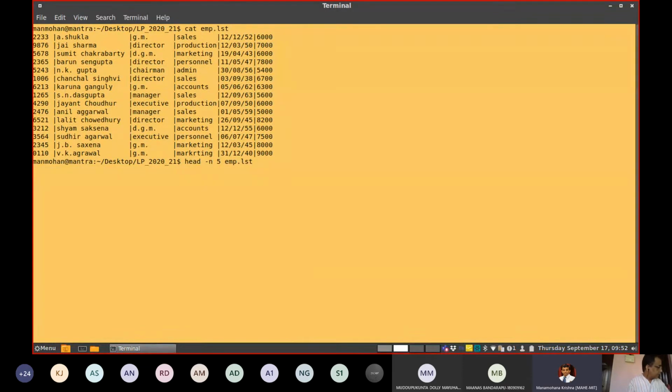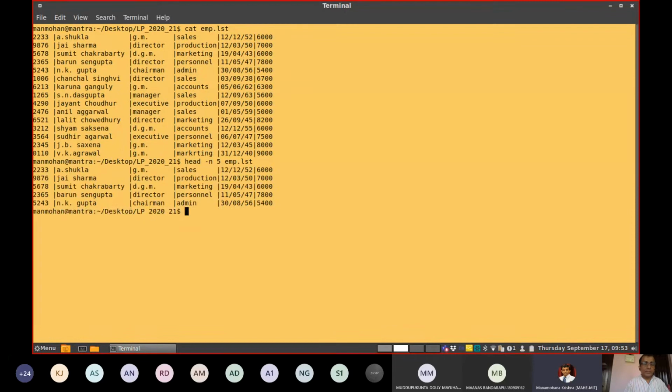If I am not giving any other options, it is going to display the output to the standard output device. Standard output device is our display or the terminal. So you can expect first 5 lines having employee names of A. Shukla, Jay Sharma, Sumit Chakravarti, Barun, and NK Gupta. See, this is what has happened. You are going to get a display